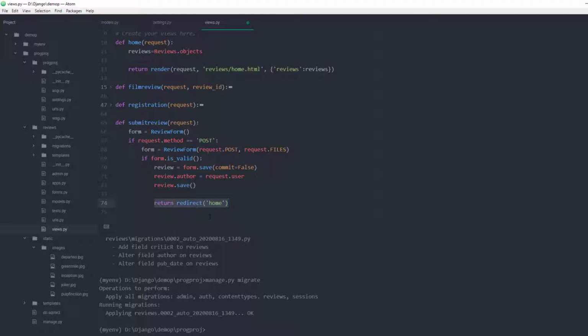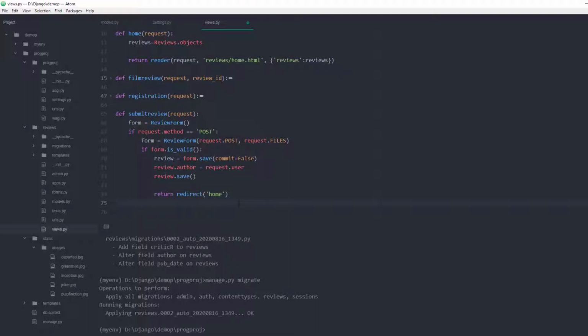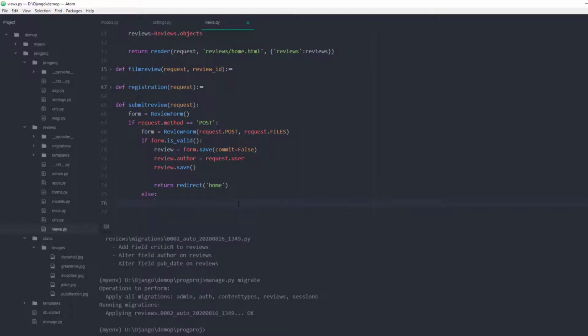And obviously then we need to have an else statement as well. So we're saying basically else form equals review form again, and this is in case it's not valid. So if the form is not valid, then take them back to the form. Okay, and then basically if it's not a post request, then we've already stated that our form is the form,